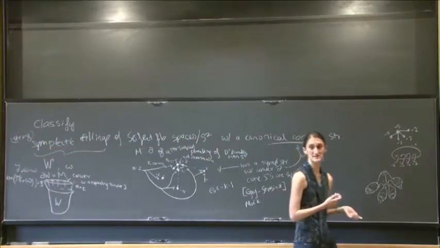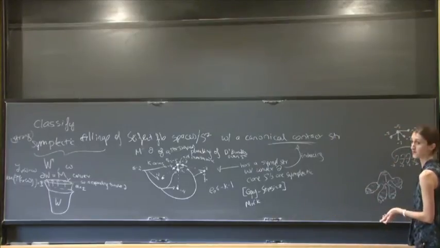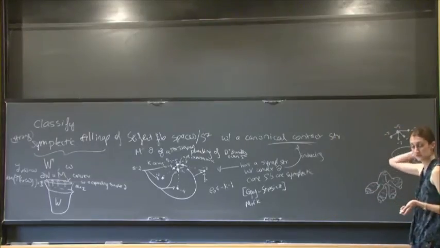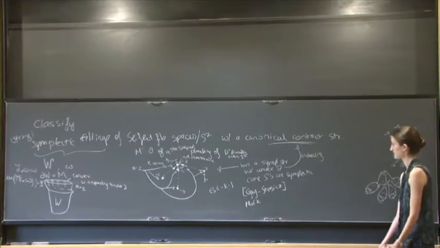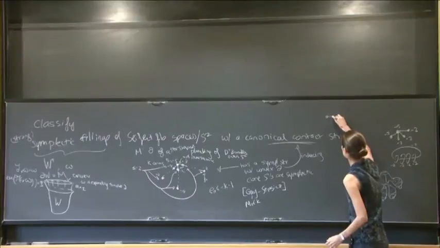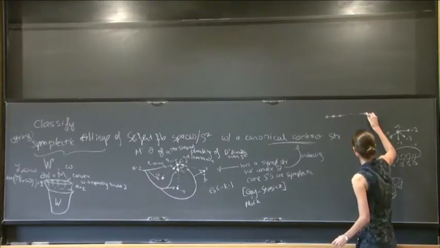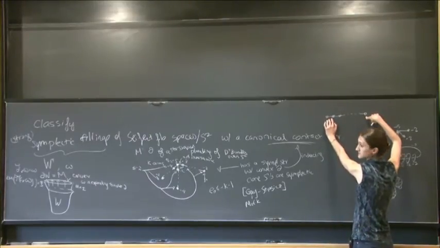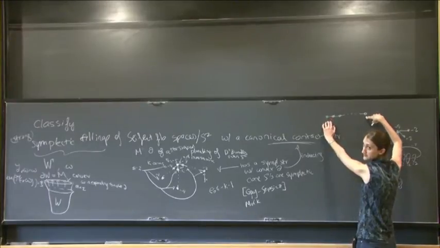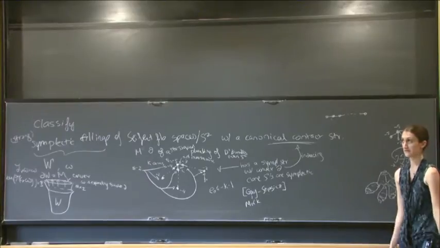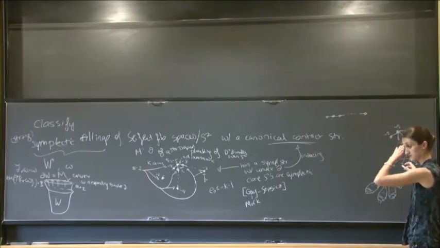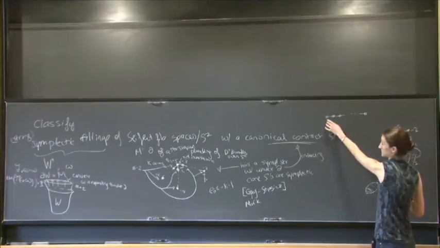You could think about lens spaces as star-shaped graphs with one arm. So in that case, you get a lens space, and this is sort of the next natural generalization of a lens space. So what is it for a simple lens space? What is the graph? It's going to be linear. So if you have any weights on here which are negative, less than -1, then you will get the boundary as a lens space. And the lens space itself, the P and the Q, are determined by the continued fraction